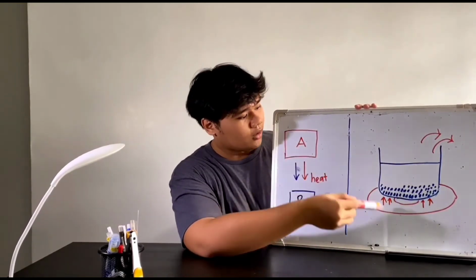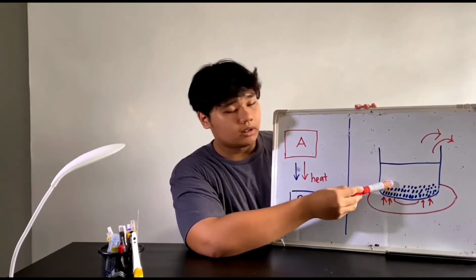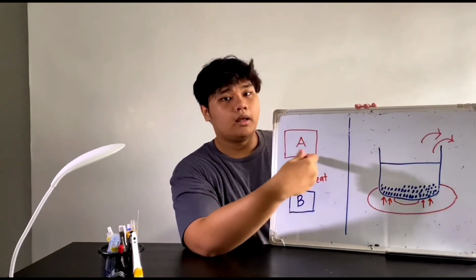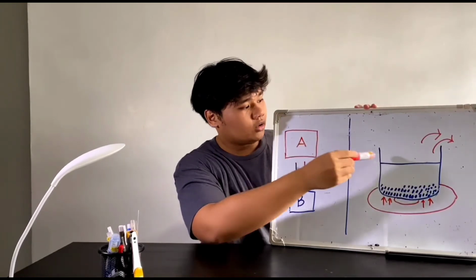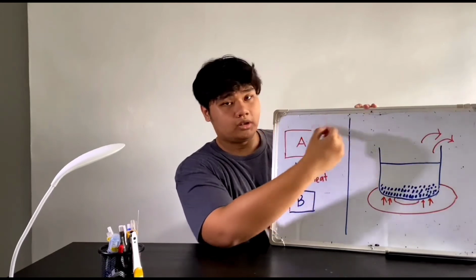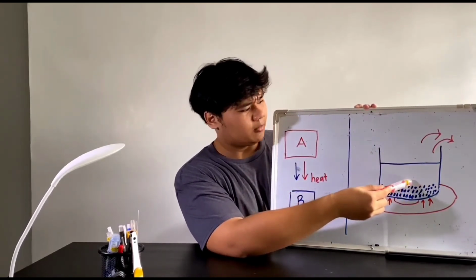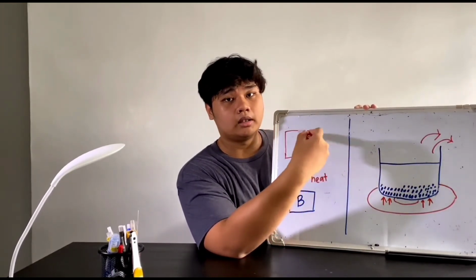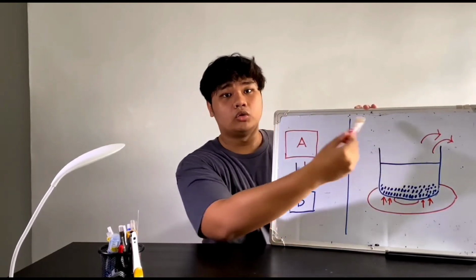Okay, so first the heat will be transferred from the heating plate, which is the hot region, into the inner pot, which is the cold region, and the heat will make the rice cook well. And after a few hours, there is some heat loss due to the heat transfer from the inner pot to the surrounding, because after a few hours, the inner pot will be the hot region and the surrounding will be the cold region, and the heat will be transferred from the inner pot to the surrounding due to the difference